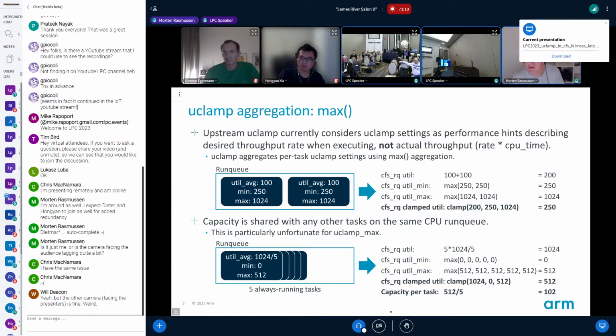So yeah, Dietmar, I have a question. Yeah, you can hear me? Yes. Vincent speaking. So for your second use case, I would say, why are you packing all the tasks on the same CPU? The point is that the UClamp there is just to say, for this task, I want, at most, this amount of bandwidth. And then you are packing all the tasks on the same CPU, but why?